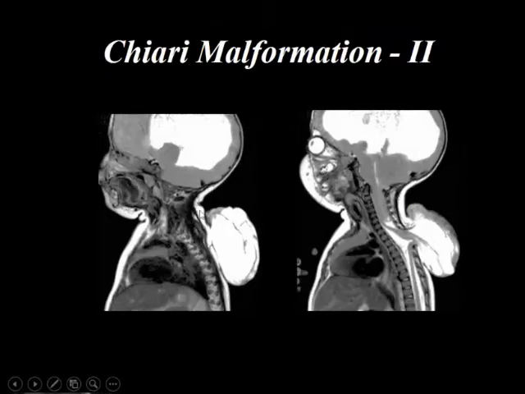Plus, these kids also have cervical or cervicodorsal meningoencephalocele or meningoceles. Unlike a routine myelomeningocele, which is normally seen in the lumbar or the lumbosacral region, Chiari 2 malformation kids have it higher up in the cervical or cervicodorsal regions.